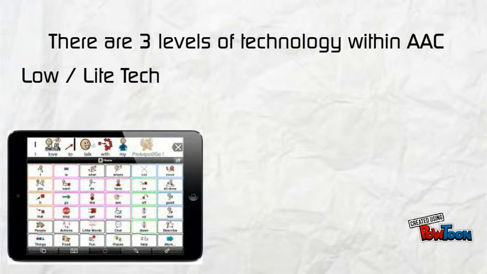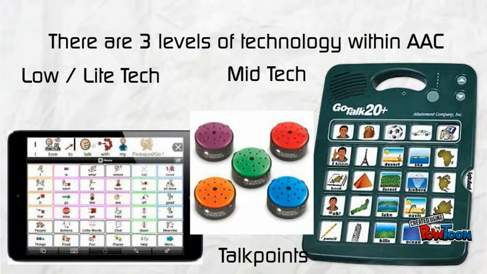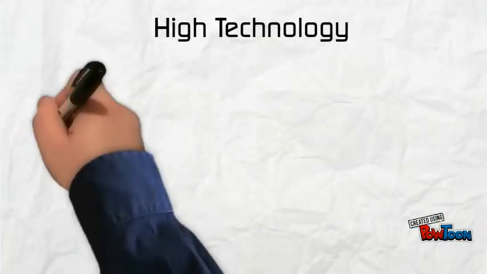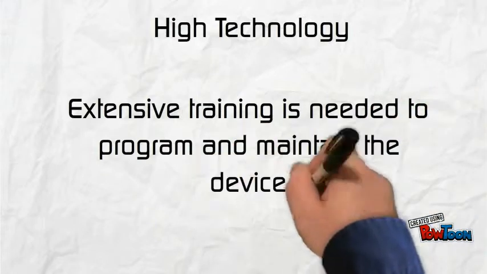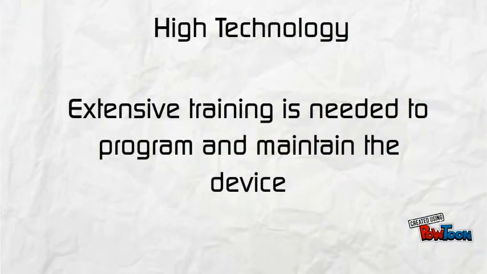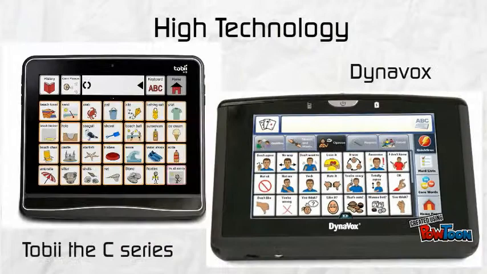Low or light technology, which can include communication books or picture exchange communication systems. Mid technology, which generally is easy to program, and some examples are. Lastly, there's the high technology option, which requires extensive training to program and to maintain the device. Some examples out there are